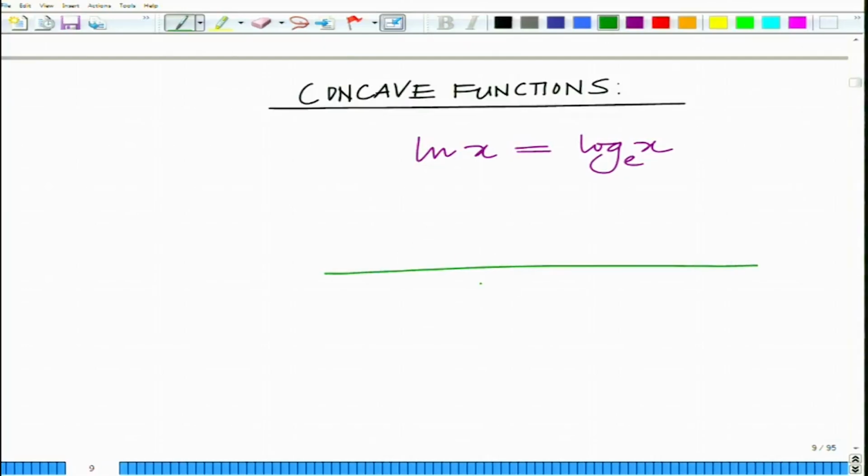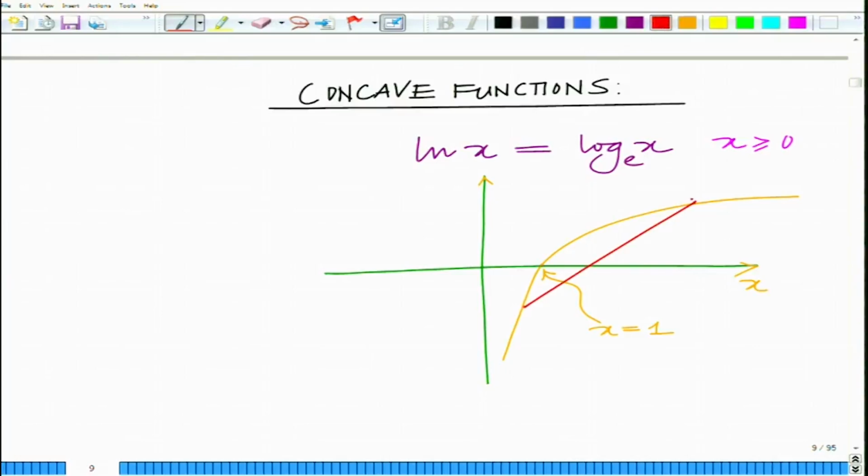If you draw this, it is only defined for x greater than 0. At x equal to 1, it becomes 0. At x equal to 0 it tends to minus infinity, and as x tends to infinity it tends to infinity. If you look at any 2 points and join the chord, the function always lies above the chord. This is